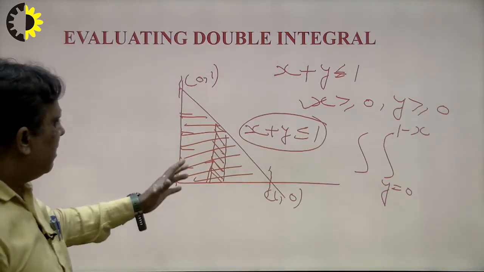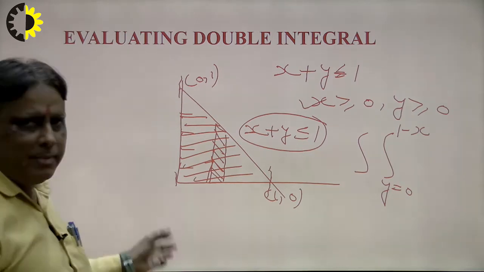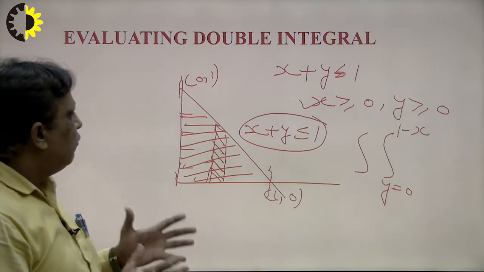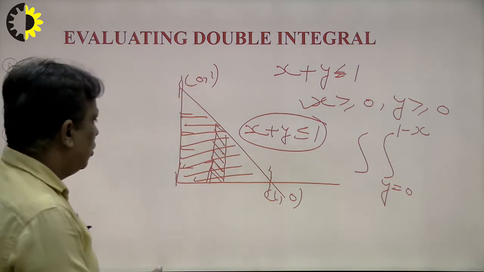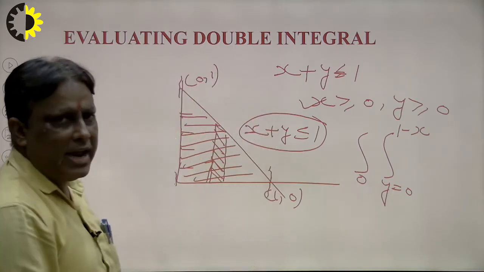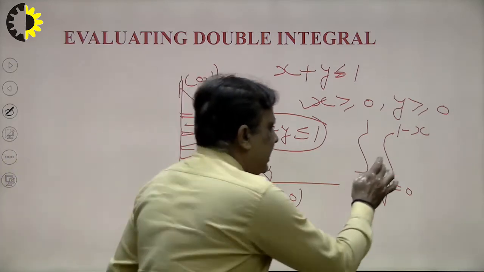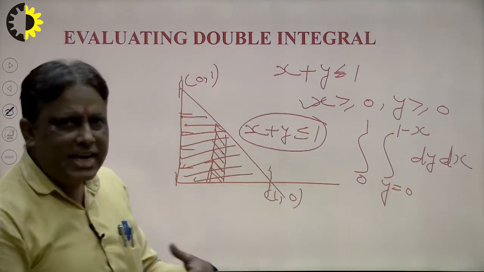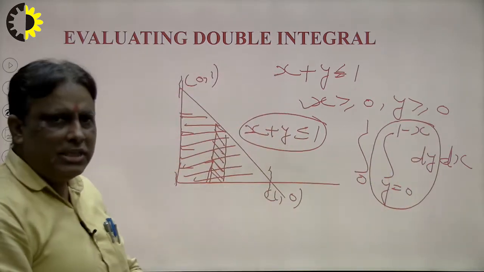Now the question is that we take the limit in variable form by using the strip. Now how to take the constant limit? There are 3 points: this is (0, 0), this is (1, 0) and this is (0, 1), right? Which is the highest point of x and which is the lowest point of x in all these? The lowest point is 0, so I write 0 here, and the highest point of x is 1, so I write 1 here. So this will be the limit of x. In this way we can solve this integral of dy and dx. First of all I integrate this part, and after this we solve the other part. So in this way we can solve.